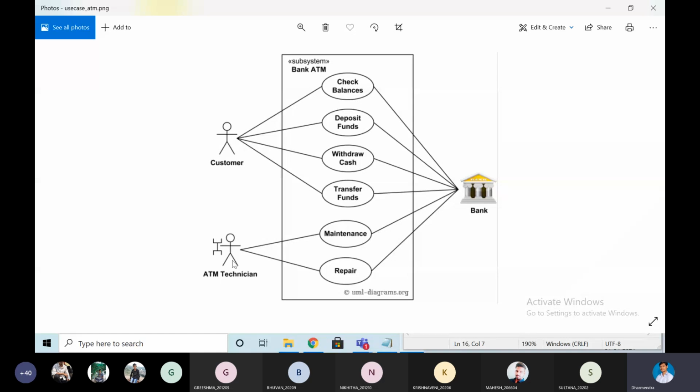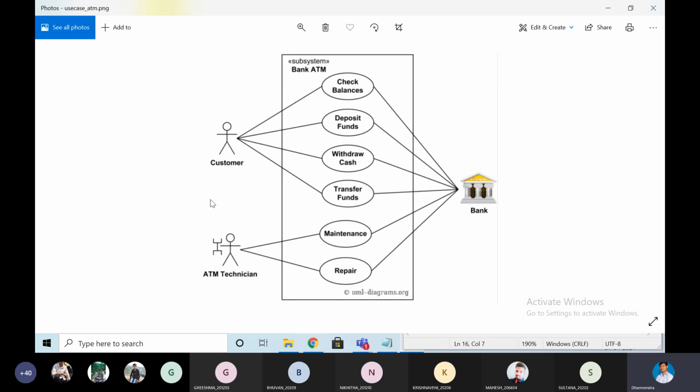Here the ATM technician is an actor. What can the technician do? The services are maintenance and repair. These are the activities he can perform. Maintenance he will do and repair he will do.